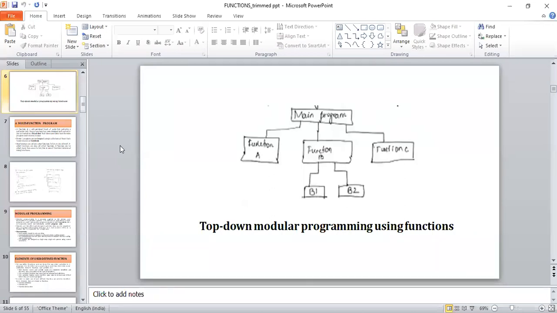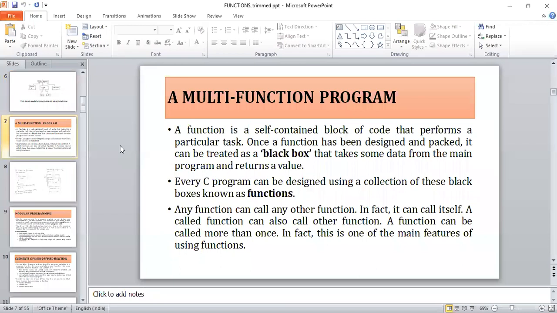Combine B1 and B2 together to run function B. Thereafter, combine function A, function B, and function C in the main program and run the program as a single unit so that the output can be obtained in a very efficient fashion. This is the meaning of the multi-function program.